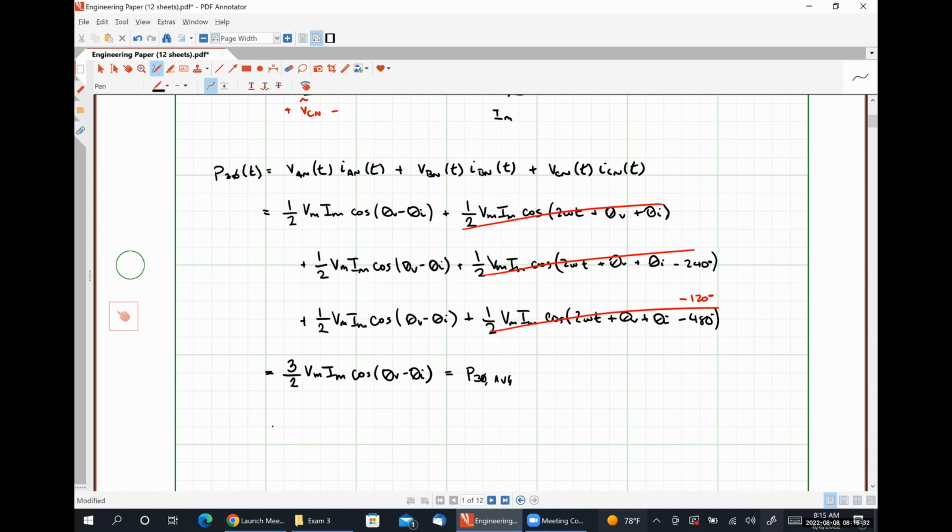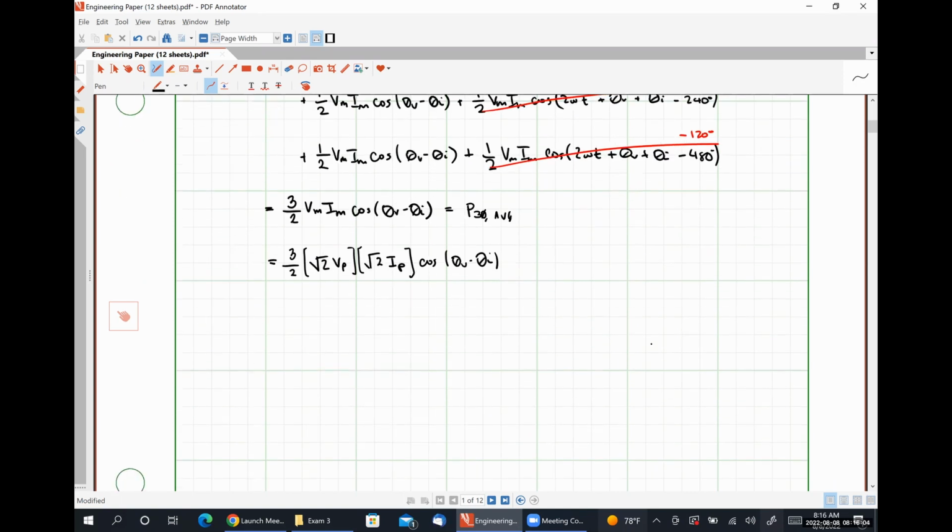Now we can express this term 3/2 Vm Im cosine(theta v minus theta I) in terms of our phase voltages and our phase currents, right? So 3/2 times √2 Vp times √2 Ip cosine(theta v minus theta I) looks like 3 times our phase voltage times our phase current cosine(theta v minus theta I),